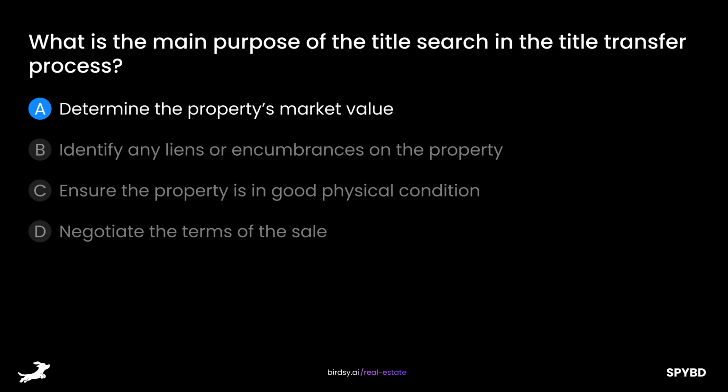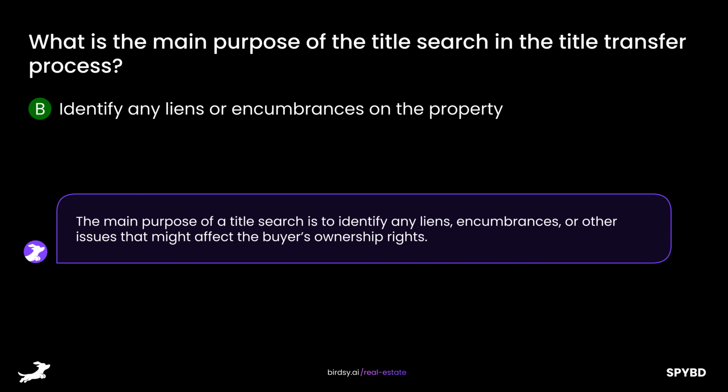What is the main purpose of the title search in the title transfer process? Is it A, determine the property's market value, B, identify any liens or encumbrances on the property, C, ensure the property is in good physical condition, or D, negotiate the terms of the sale? The answer is B, identify any liens or encumbrances on the property. The main purpose of a title search is to identify any liens, encumbrances, or other issues that might affect the